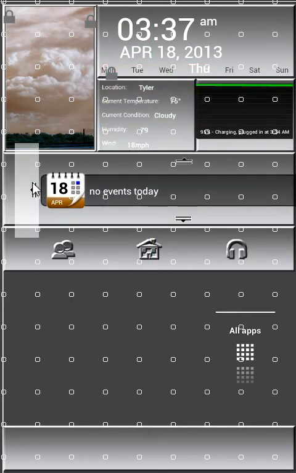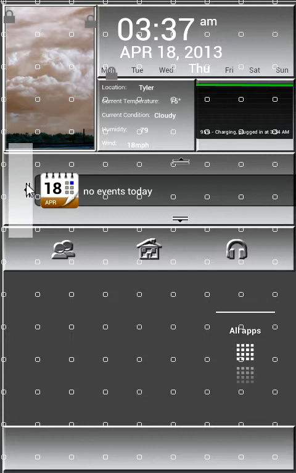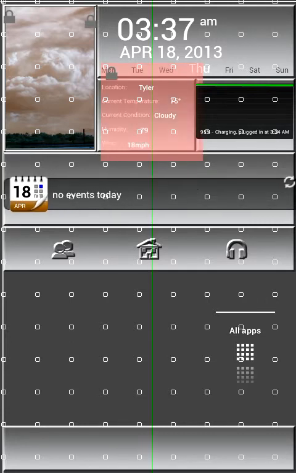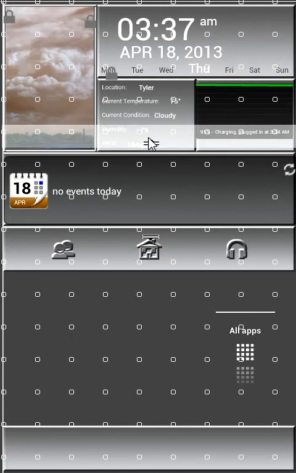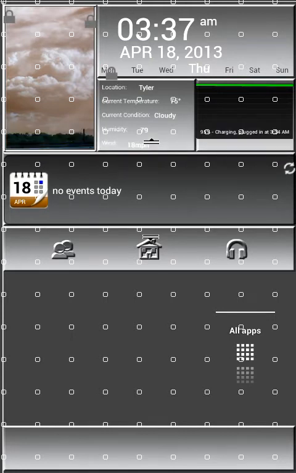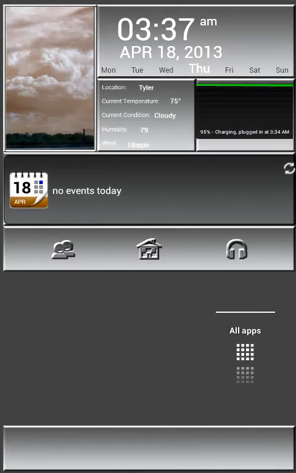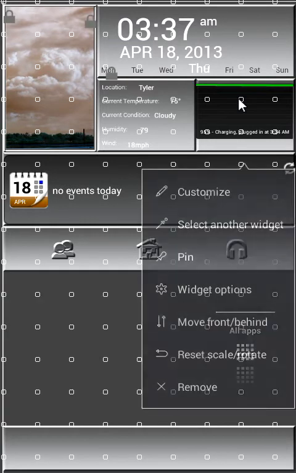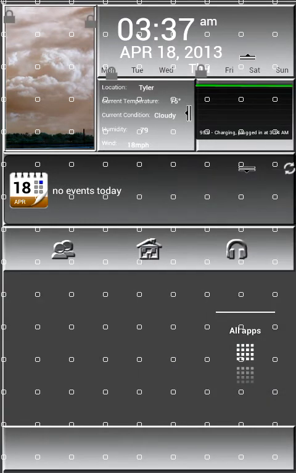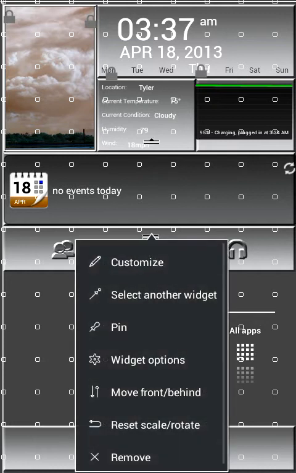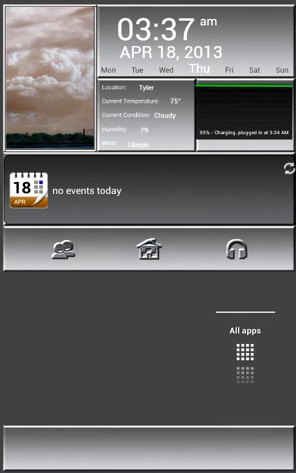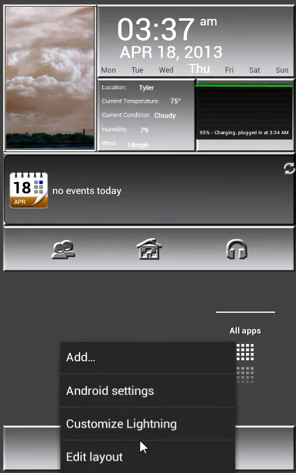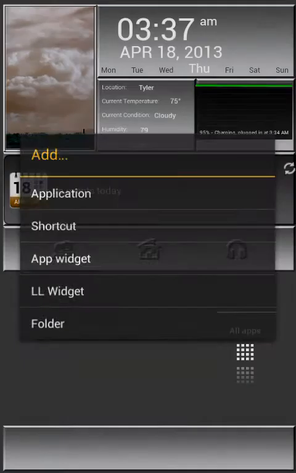And like I said, the sizing is probably the most difficult part of all of this. But once you get the hang of it, it's actually really easy. And again, let's not forget, always with these, pin them in place because we don't want them moving. Okay, great. So now we can come down here to the bottom, long press, and we're going to add here,